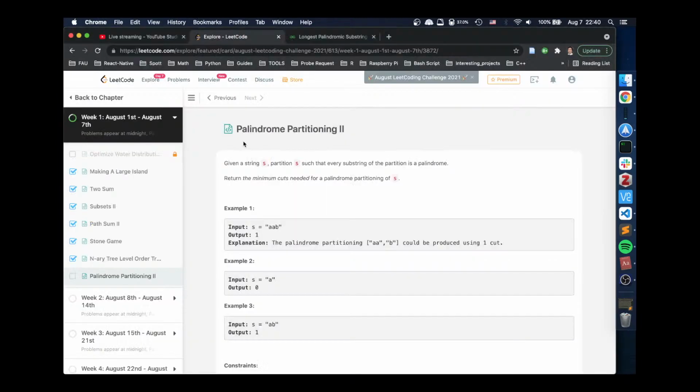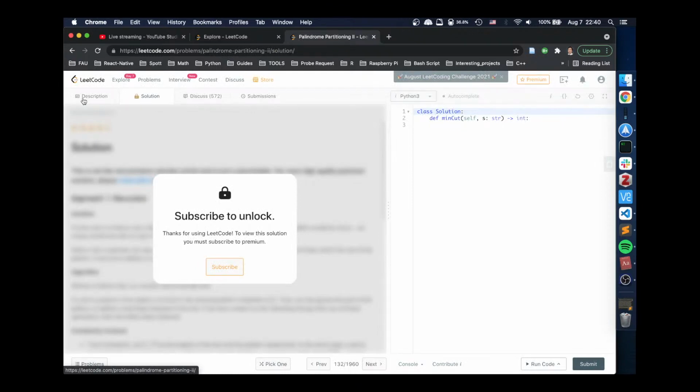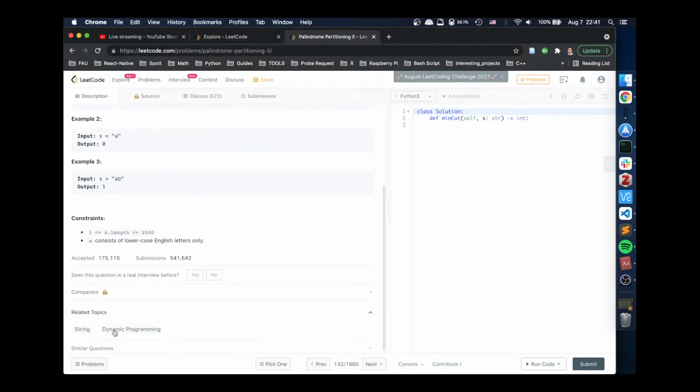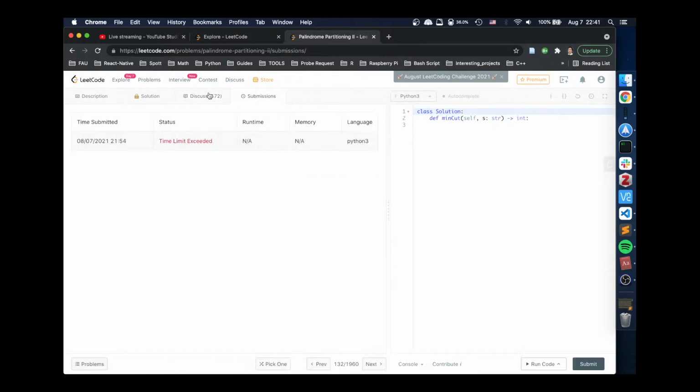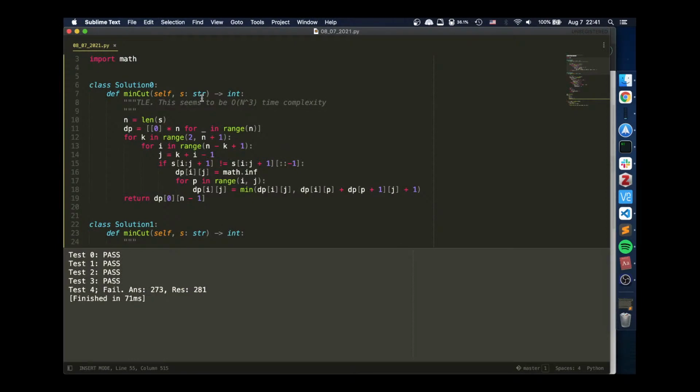alright, I want to have some hints. This is, I feel like, out of my current capabilities. I need some hints, not necessarily a solution, but just a hint. Let's see, related topics. I know it's dynamic programming. I don't think I've done this before. Yeah, dynamic programming, top down. Clean and concise. So we have a top down solution. So it is dynamic programming, but